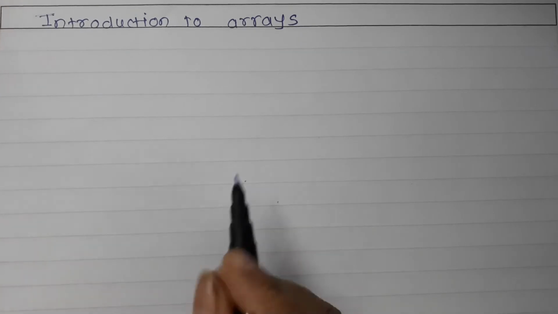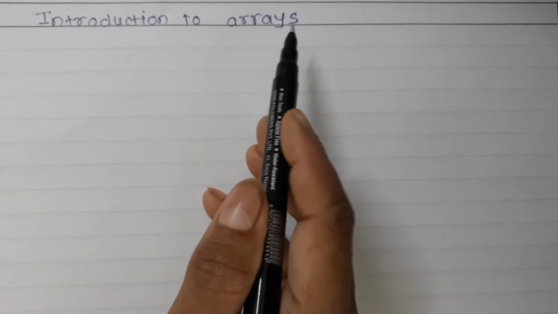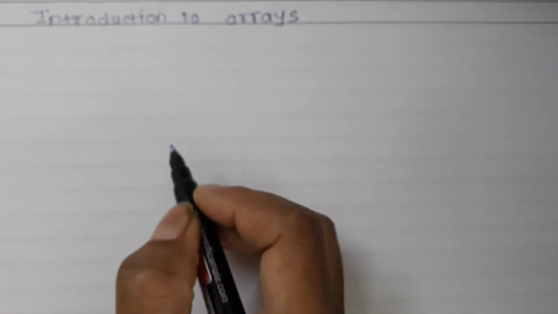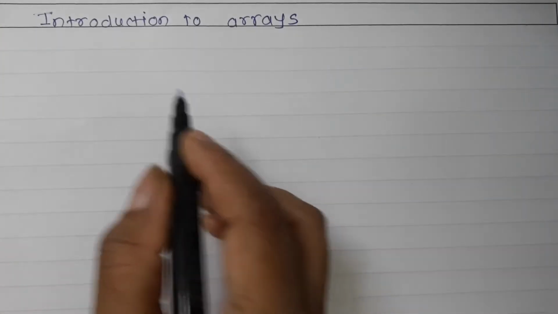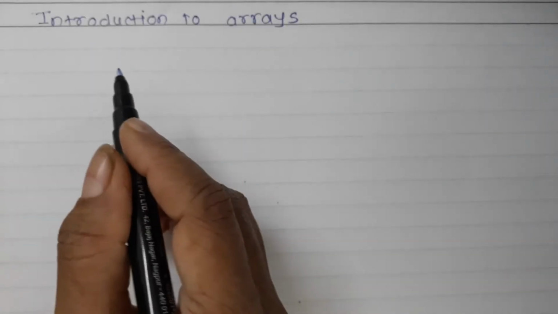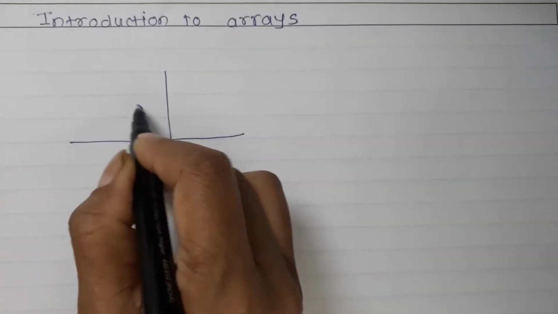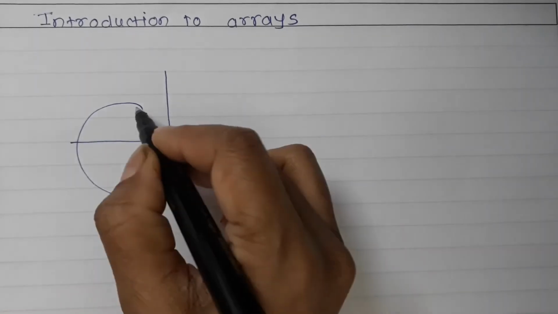Well, in today's session, we are going to talk about arrays. So let us talk about the introduction to arrays. Now, usually the radiation pattern of a single element, as we have seen in the wire antennas, whereas we have seen the dipoles. If I talk about the radiation pattern of such a single element, it will be like this.